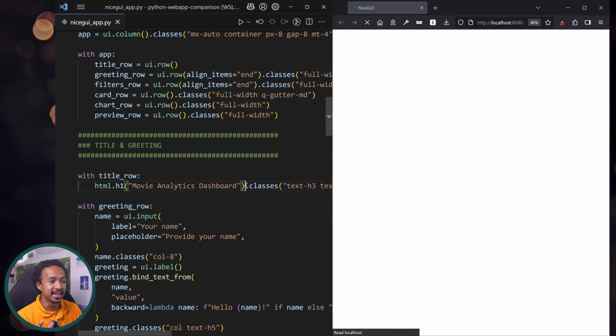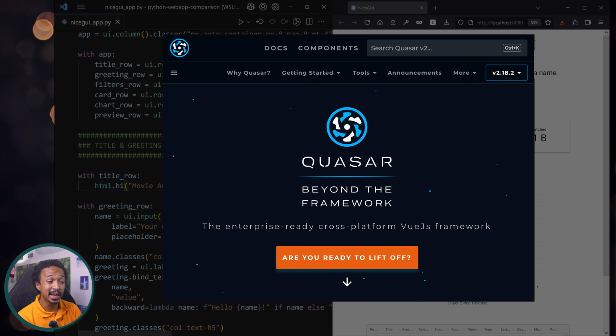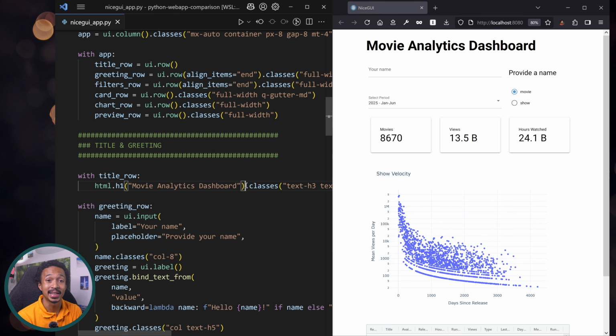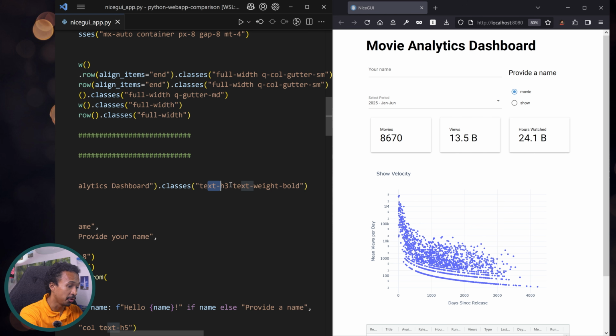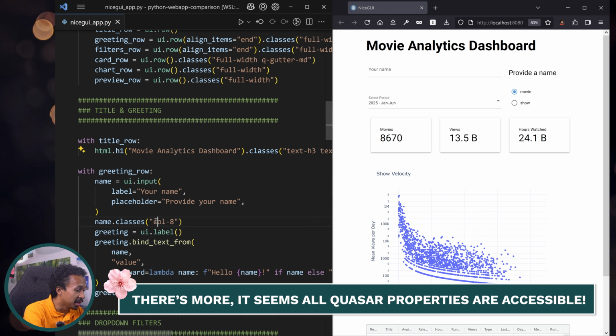But NiceGUI is first and foremost a Quasar framework. And I find in some very rare cases, Tailwind classes do conflict with Quasar classes. So I had to learn Quasar a little bit. But it's very similar to Tailwind. You've got this full width Q, gutter, MD, text H3, text weight bold. It's mostly CSS utility classes. I think there's column 8